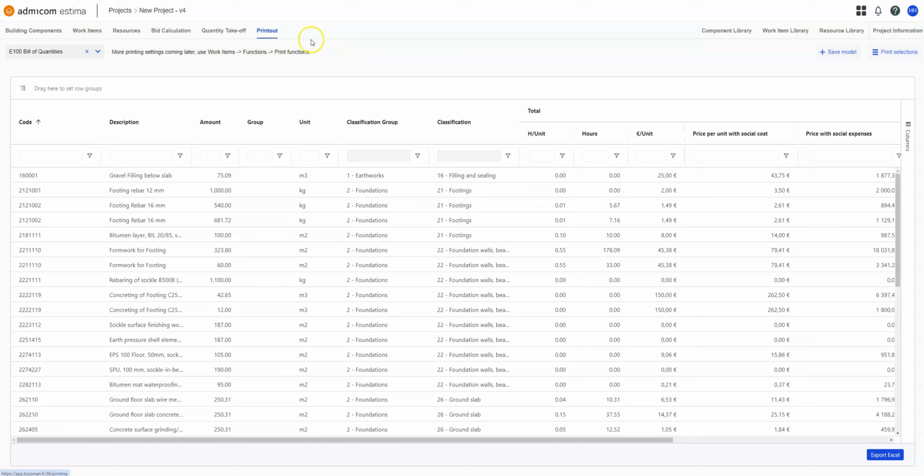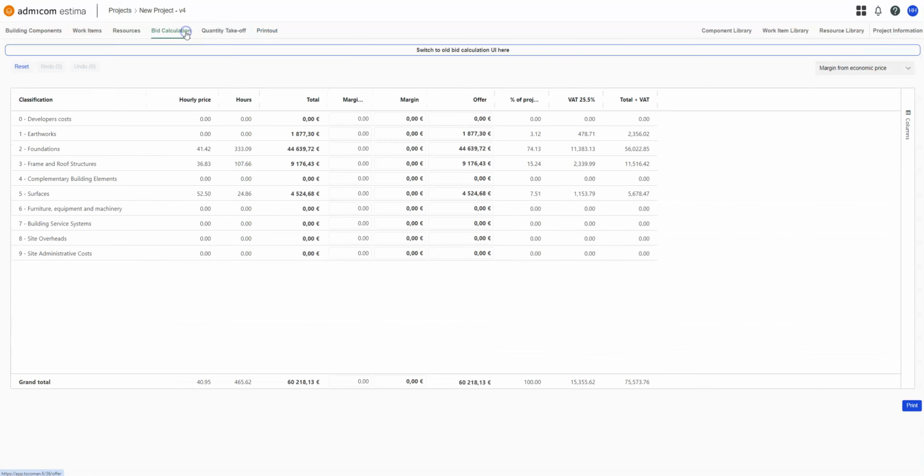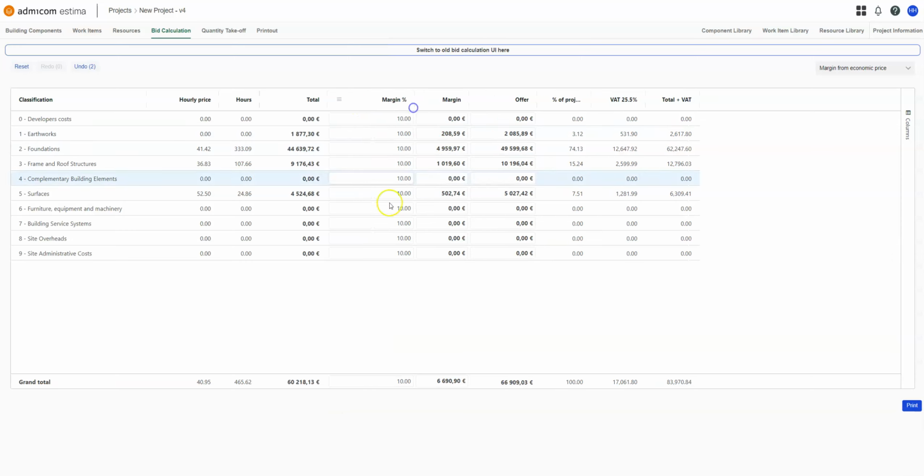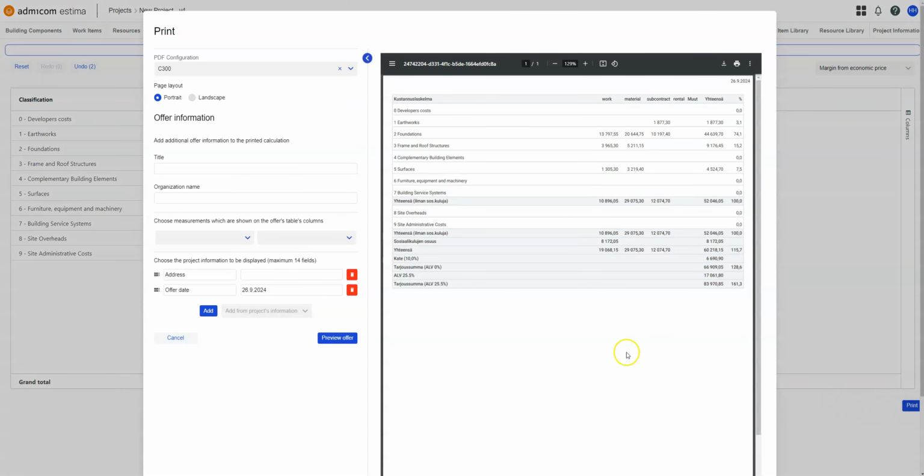In addition to this printout window, there's also the bid calculation, which we will also cover in this video since it's quite fast. You can adjust your margin of your cost estimate and then figure out what your tender should be. So the technical cost would be 60,000, and with a 10% margin, the tender would be 66,000. And in this window, you can press on print, and you get this PDF formatting system where you can configure the layout of your